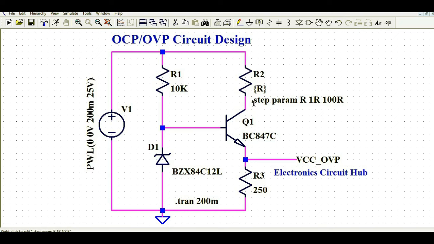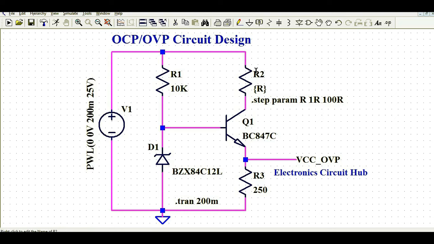And in my case, let us say the load is R2. So what I'm doing here is changing my load resistance value from 1 ohm to 100 ohm, and let us see whether, irrespective of this load resistance, my current is constant or not. If the current is constant irrespective of my load resistance, that means I am protecting my load against overcurrent, in case any overcurrent comes from a change in input voltage, or a change in the load.